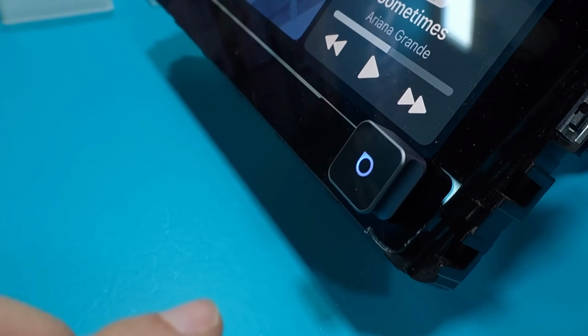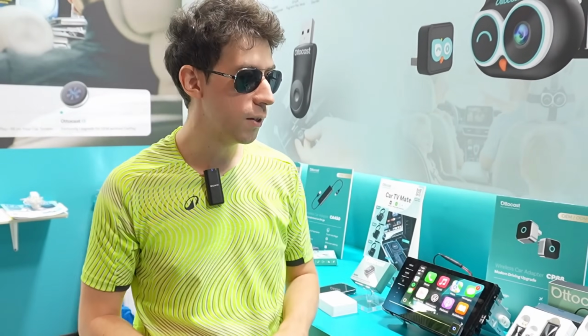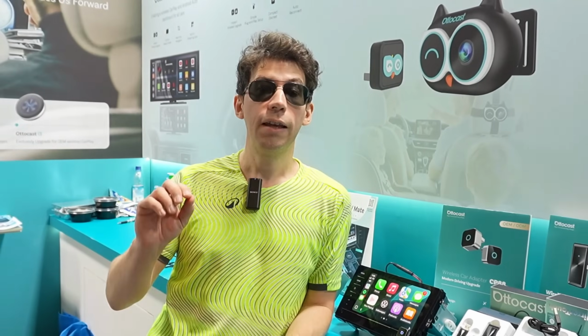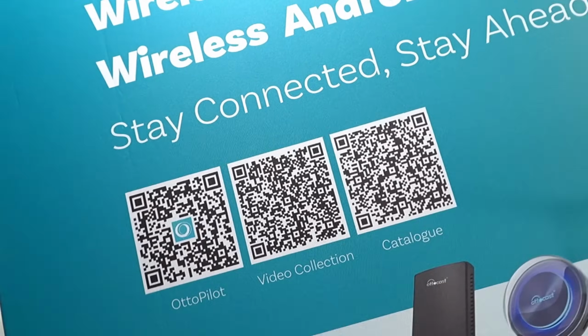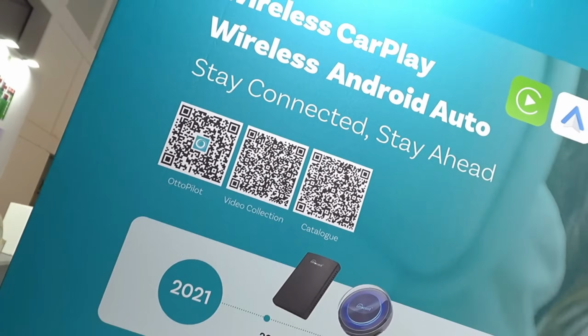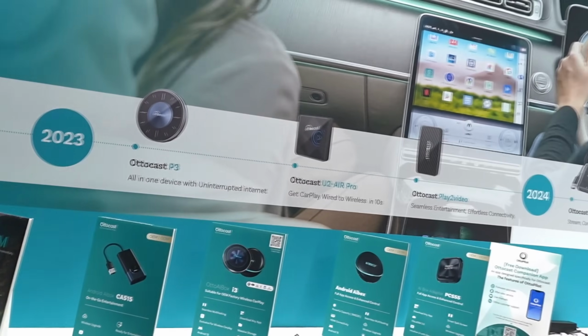small, also useful to LEDs to give an extra futuristic touch to your car. And among other things, to connect it to your car it is no longer necessary to use a cable. And if you have a modern car that is equipped with a Type-C slot, it is not a problem because there is also the adapter inside the package so as to make it completely compatible universally with all the cars on the market. Installation is really very simplified, so whether you are experienced or not, this device is really suitable for